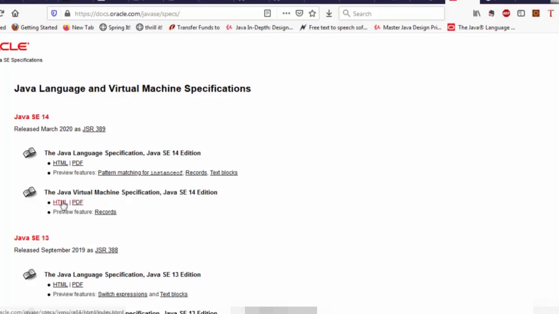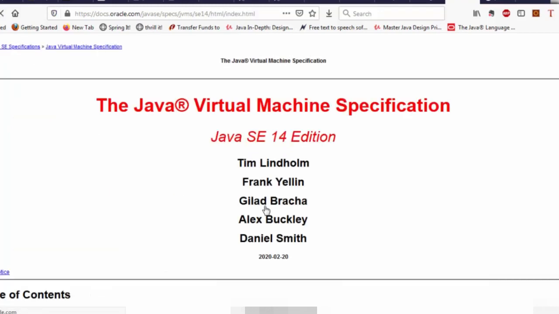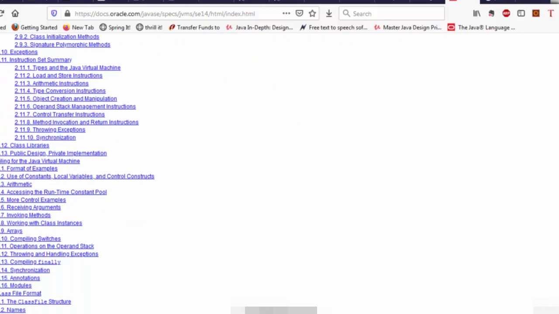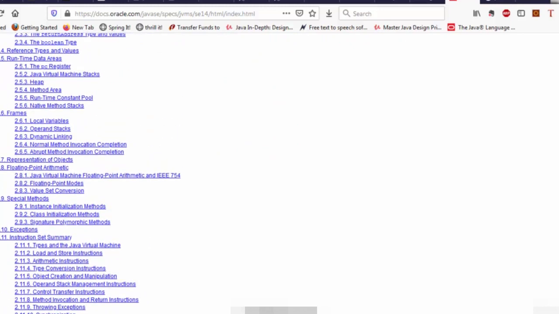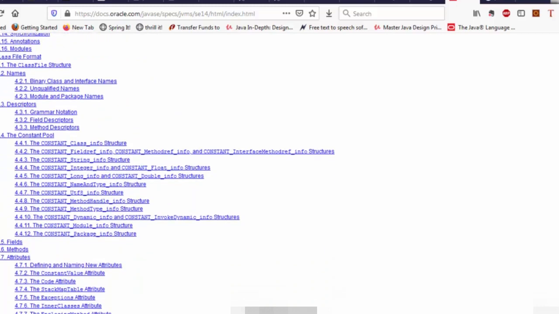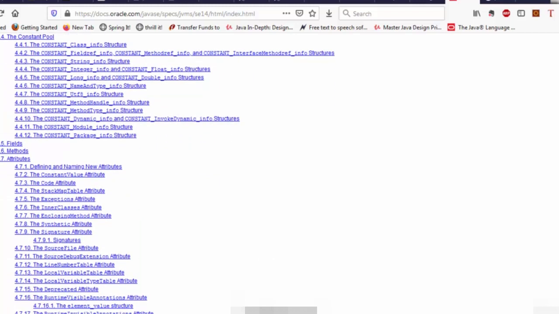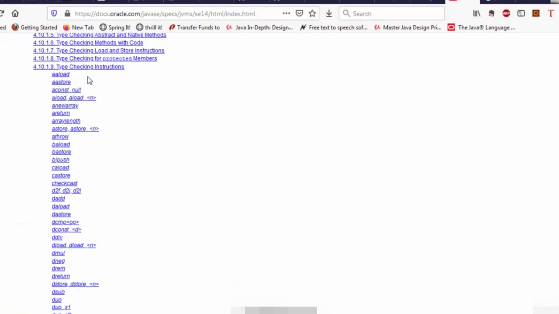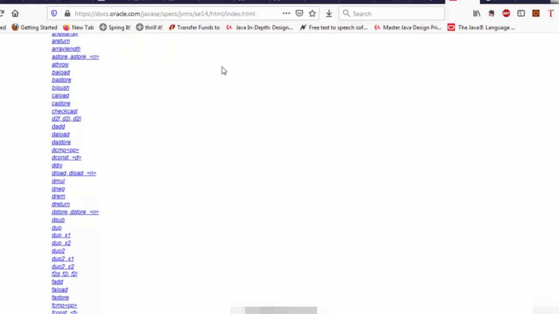Okay, and here also let's click on this, and it tells about how the JVM should work. Okay, and here are the table of contents. Okay, it talks about the architecture and the different things within the JVM, and a JVM implementation has to adhere to this particular document. And like I said, a specification is simply a document written in English, and at the very end here it lists out all of the bytecode instructions, and we know that a Java program is compiled into Java bytecode, which is nothing but the Java bytecode instructions, and these are all the different instructions. Okay, and we will review some of them later on.